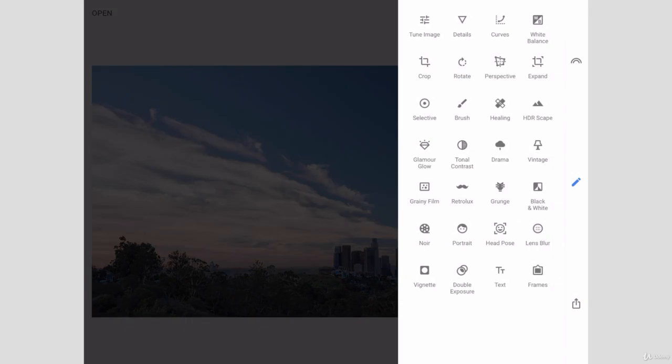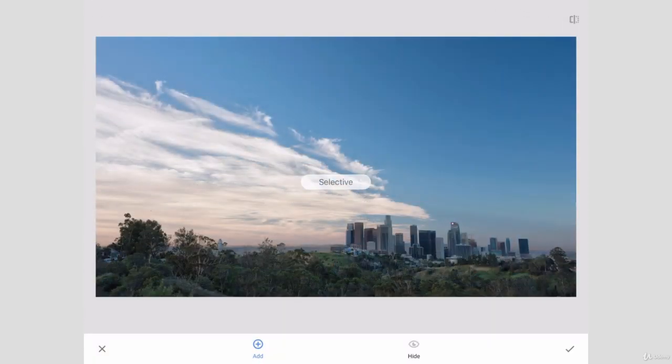Next, we have selective adjustments, which allow you to pick a specific color in your image and make adjustments to it. So clicking that, you then want to pick a specific color of your image. So if we want to adjust just the sky, for example, I'll just tap in the sky and it puts a point there. If I click and drag up over to the right, I have all my adjustments. So I can change the structure, the saturation, the contrast, or the brightness of just that specific part, or basically